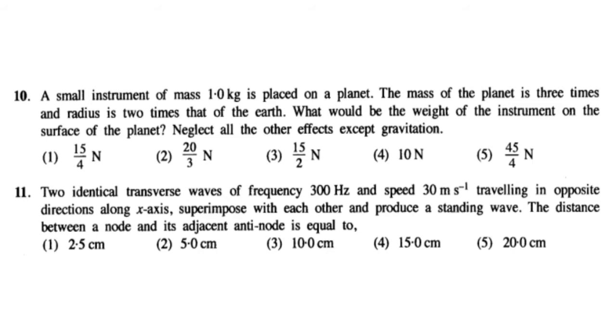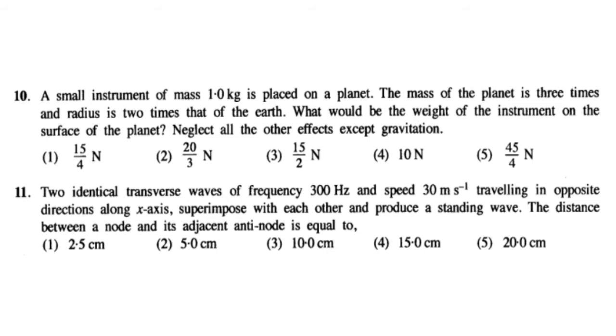So simple g equals capital G capital M over r squared, and we write the same for the other planet. If the gravitational field strength is g dash, simple g dash equals G into 3M divided by 2r squared. Then when you compare simple g and g dash, we can write simple g dash equals 3/4 of simple g.